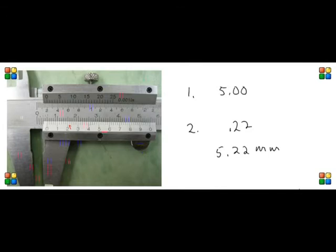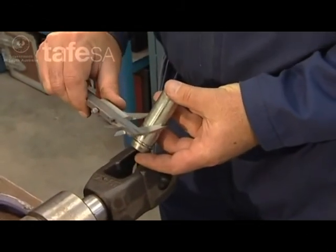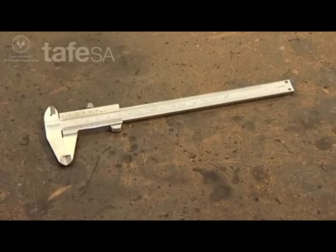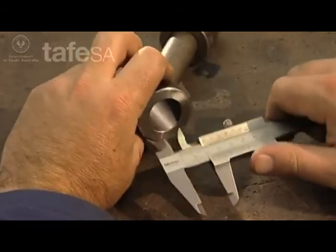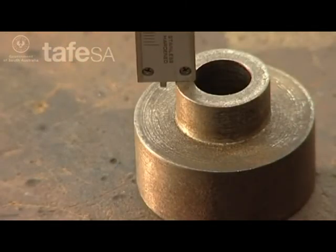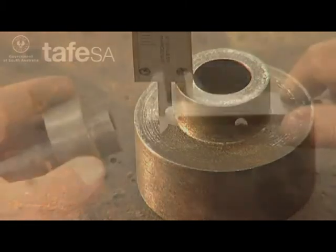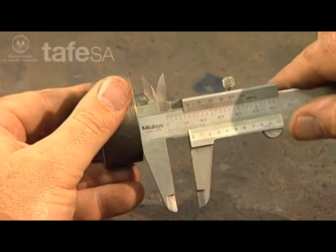So I've got a little video on different ways you can measure with the Vernier calipers. First, let's look at how we can use the vernier as a measuring instrument in the workshop. The vernier can be used in 4 different ways. They are outside measurement, inside measurement, depth measurement with the tail, depth measurement with the head. So that's the 4 different ways you can use this vernier caliper to do your measurements and get the accuracy of